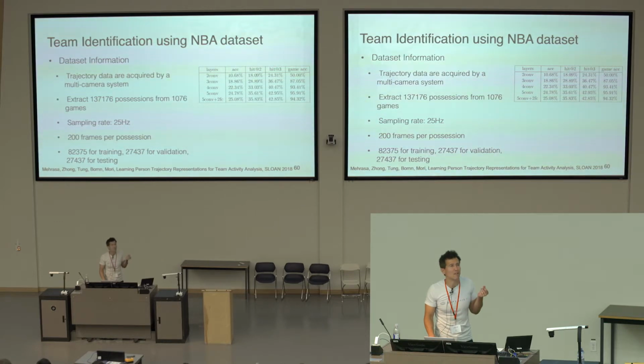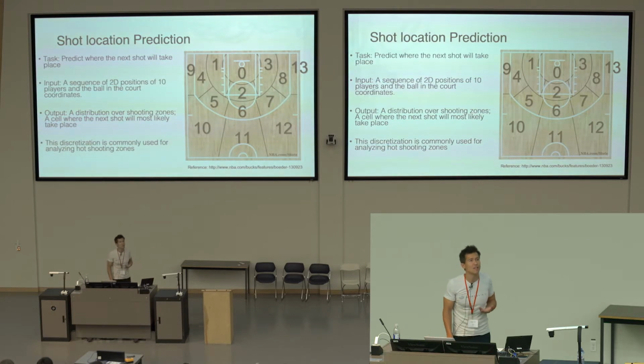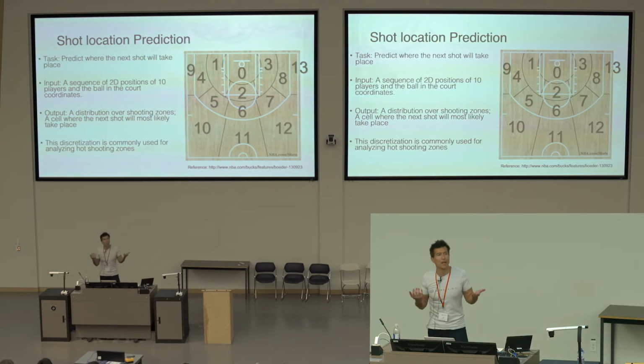From just a single possession, we can get 25% accuracy on which team this was. For people who aren't familiar, this is like 1 in 30 type guessing if you went just random chance. And if we aggregate that over all the possessions in a game, just from the trajectories, we can be 95% accurate on which team was this in the game, just based on how the players move. We've done similar things for predicting shot location. So we can take in the trajectories of the players, and then, as you're saying, predicting in advance what's going to happen, can I predict where the next shot will take place in a basketball game just based on the trajectories?